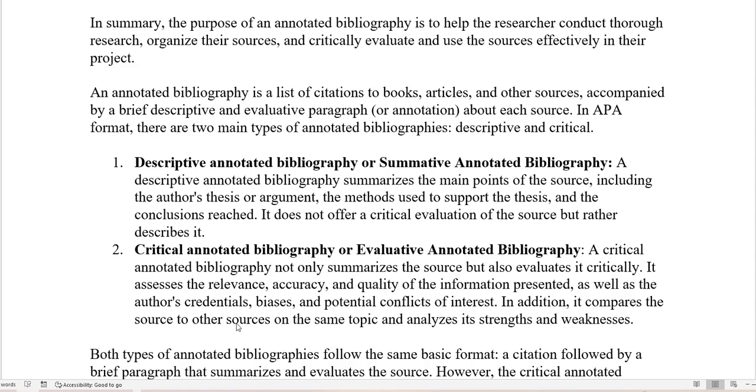So as soon as I started having an opinion, I wasn't just simply summarizing the main points, but I actually had an opinion about it, saying, well, this is not a really good article, or this author doesn't do that much research, and so on and so on. As soon as I started to put my two cents in there, that's known as a critical annotated bibliography. But for me, that came later on, like the second half of the year, when I started having an opinion, and also the professor started asking,